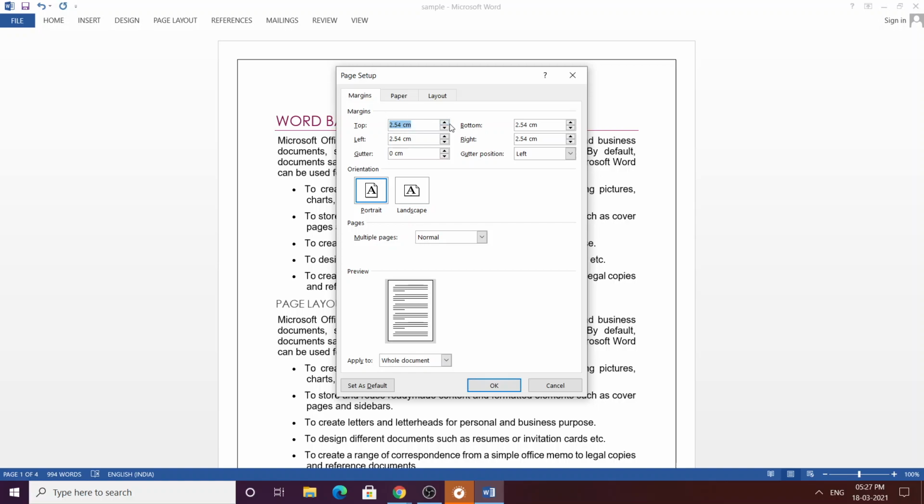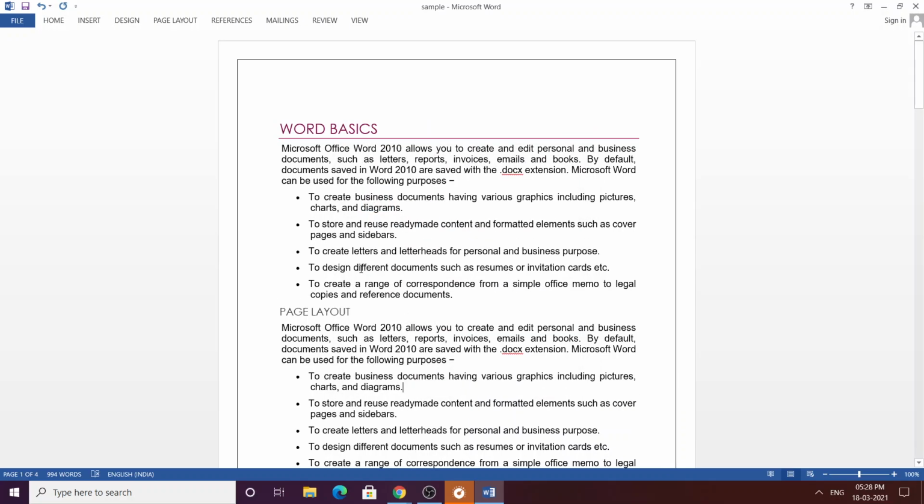Increase or decrease the size you want on top, left and bottom. And you can apply this effect to the whole document or only to a particular page. Clicking on whole document, this will be reflected in all pages of the document. So click on OK.